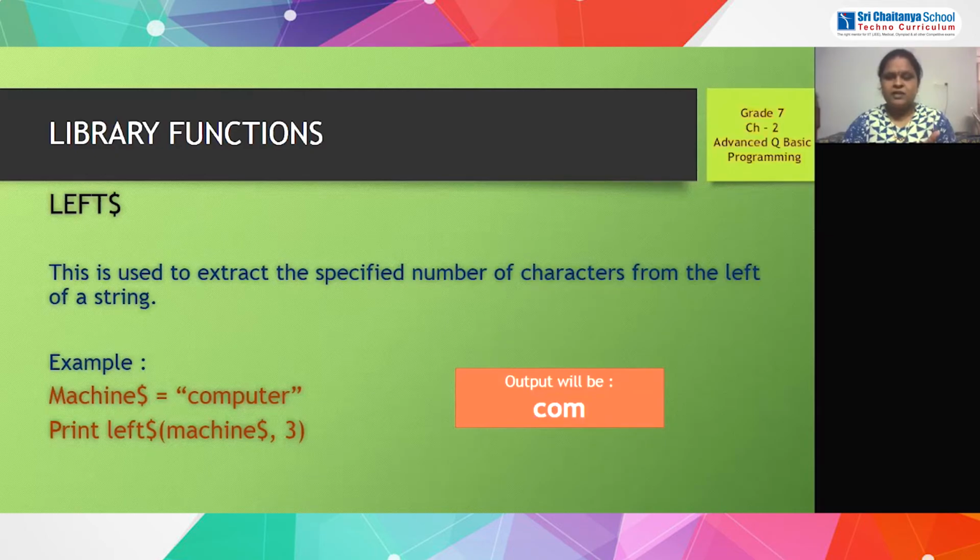So what are the first three letters? COM. You can see the output will be COM. Means it is extracting the first three letters from the string value. Okay. So this is about the left dollar function.